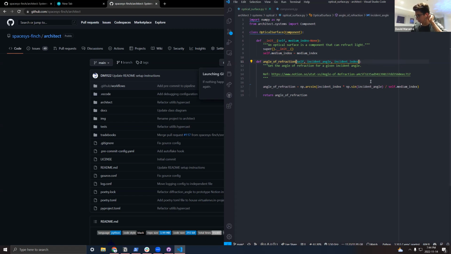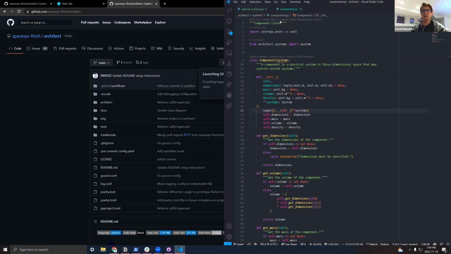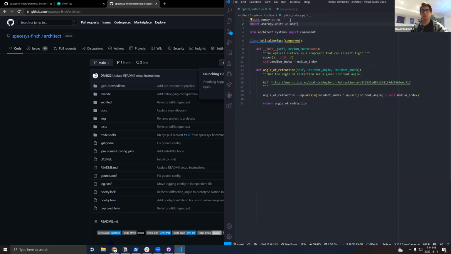Last thing before we write our tests, because we'll get to unit testing in a second, is units. We haven't actually touched units, but in Architect, we make use of this nice library called AstroPy. Let me import AstroPy. So import AstroPy.units as unit. We use AstroPy to handle all our units effectively. AstroPy in and of itself is not a library for handling units, but it comes with very nice tools to